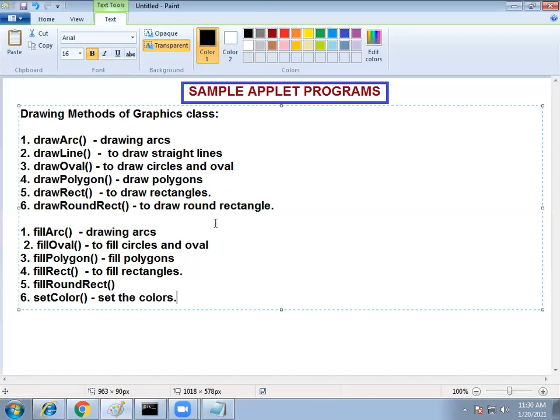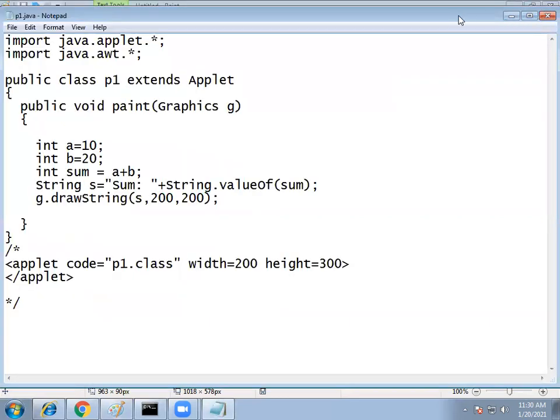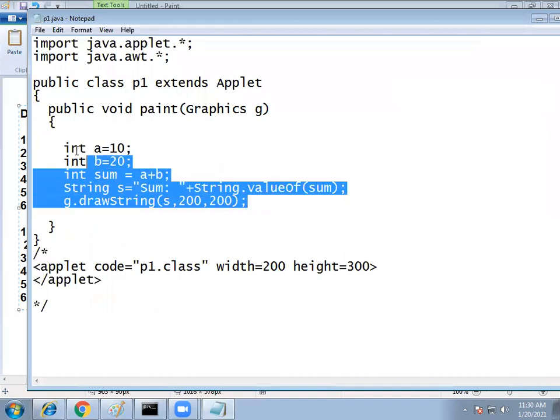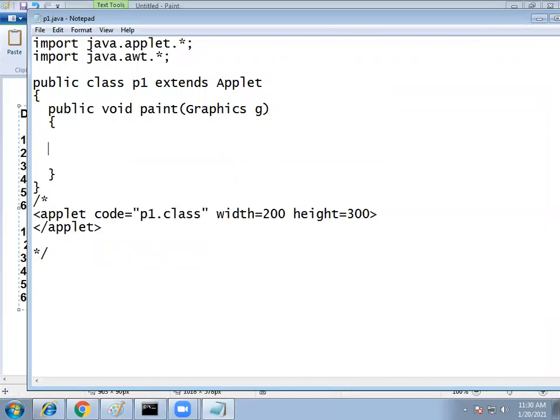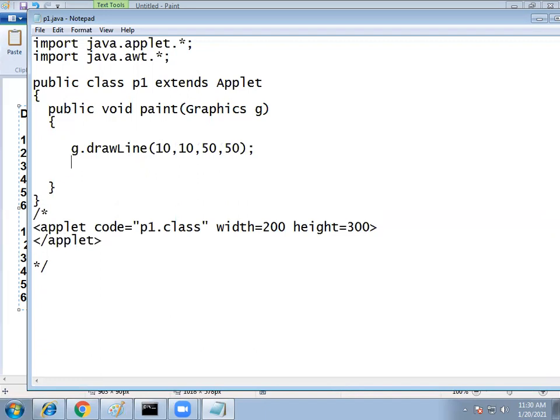So next, let us see one example program to draw different shapes. Now g.drawLine(10, 10, 50, 50), that is x1, y1, x2, y2.